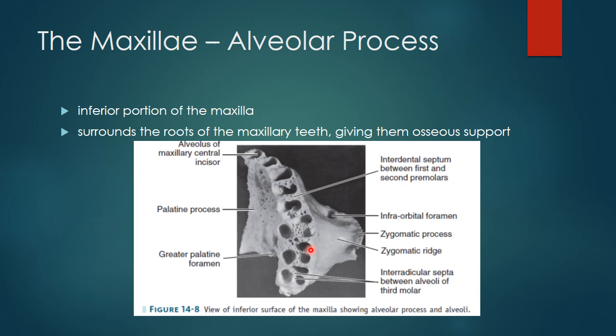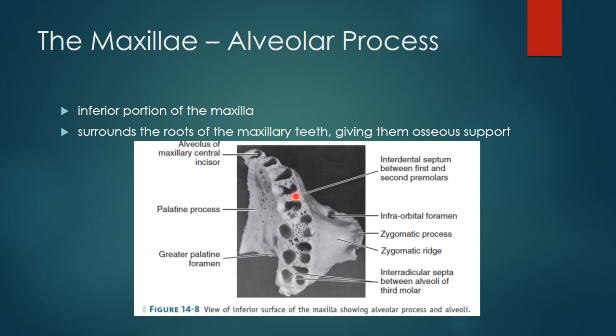The alveolar process also has ridges corresponding to the surfaces of the roots of the teeth supported by it. The plates are very dense, and there's a thin cortical bone that separates interdental septa of cancellous bone. So this is the alveoli or the tooth socket of the maxillary first premolar. This is the maxillary second premolar.